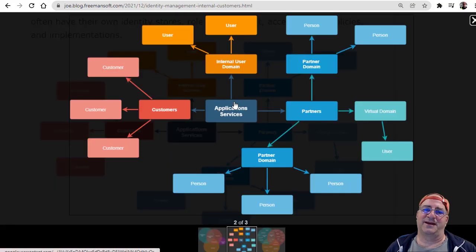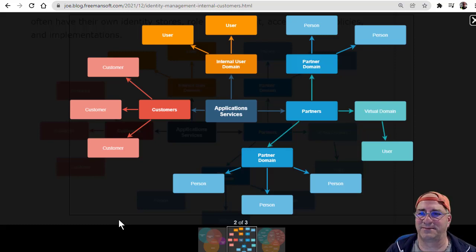If we look at kind of how the people are managed, then I don't know if you can read this actually. That may be good or bad. So if we have application services in the middle, right? And you can go to the blog and you can click on this diagram, make it as big as you want. If we have the application services, the core of the company in the middle, I was arguing that the blue, the orange, and the red really represent the three different user pools, right?